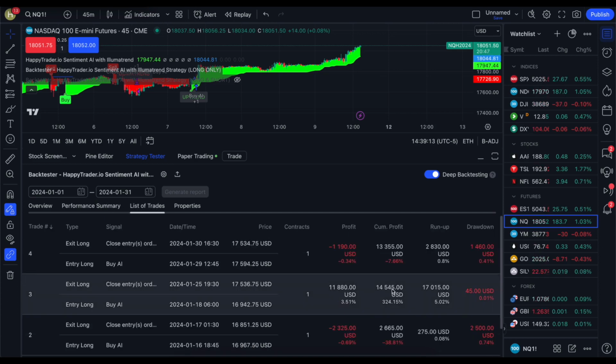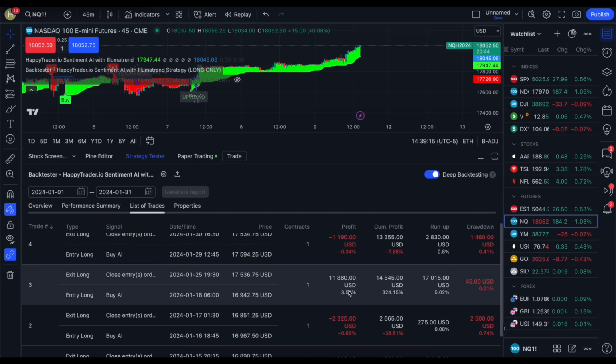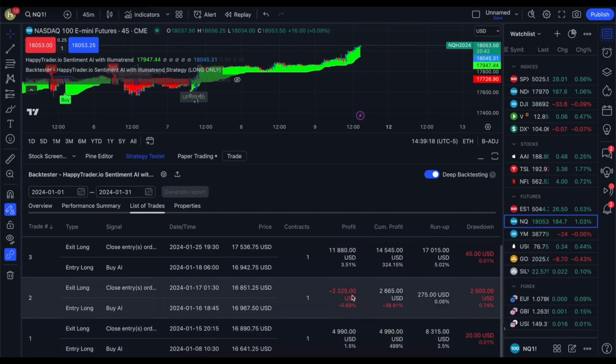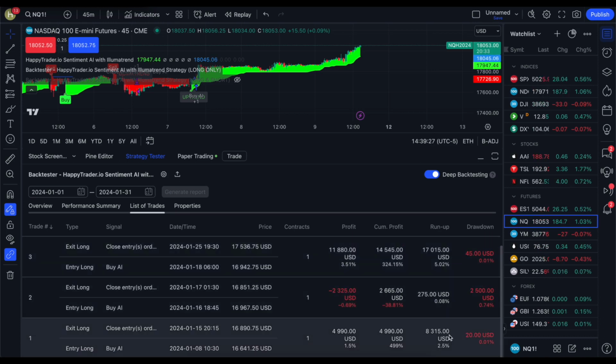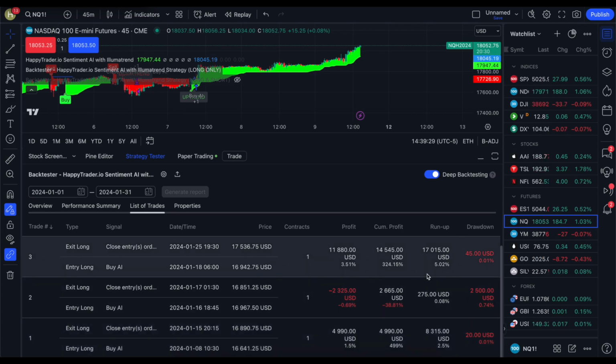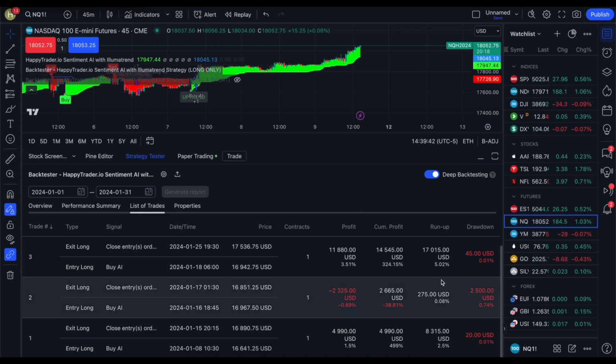And we're going to look at the list of the trades. Again, you can see these winners in white are just so much bigger than the losers in red. But similarly to the other backtests that we ran, the run up gives you the opportunity to exit a trade prior to getting stopped out on a signal, okay? So if the market goes from a bull market to a bear market and you're still in the long only frame of mind, you don't know when that's going to change until after the fact. You have the opportunity to take your run up and run. You can run away instead of just running up. So that's what we're looking at.